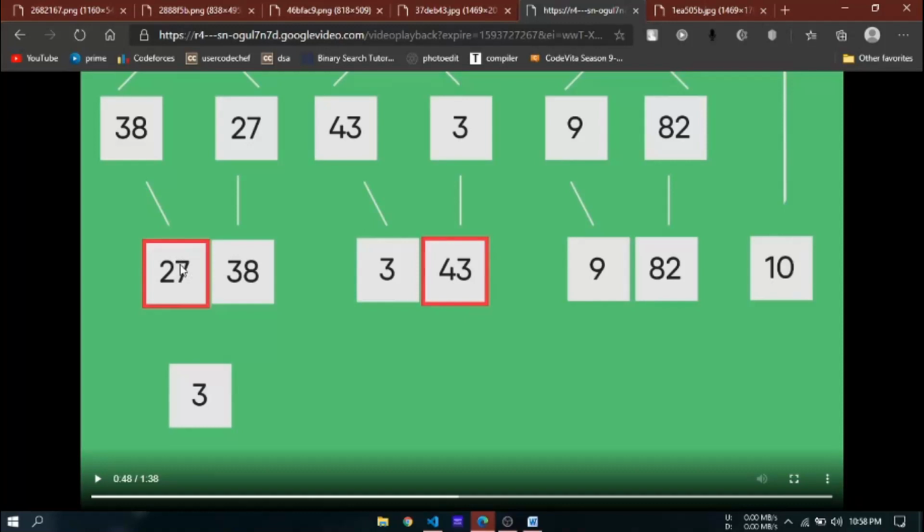We can see that 3 is smaller than 27, so we have pushed back 3 here, and we are checking 27 with 43. Here 43 is greater, so we will push back 27. Similarly we will perform this action with each and every element, and at the end we will bind them and get a sorted array. So this was all about